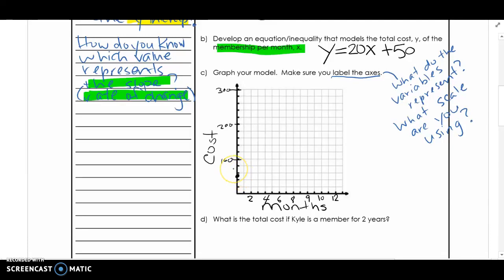So be careful you're not going up 20 boxes. Obviously, you're just going up $20 per month. So that is in the halfway mark each month. Because I was at 50, this would be 60, that would be 70. So he would pay $70 for 1 month. Up $20 more, 90 for 2, 110 for 3,